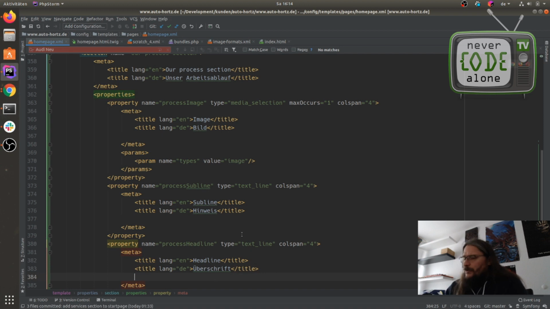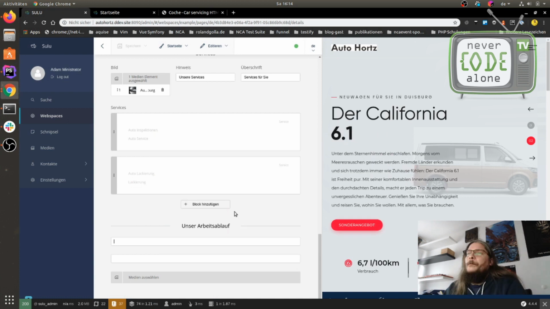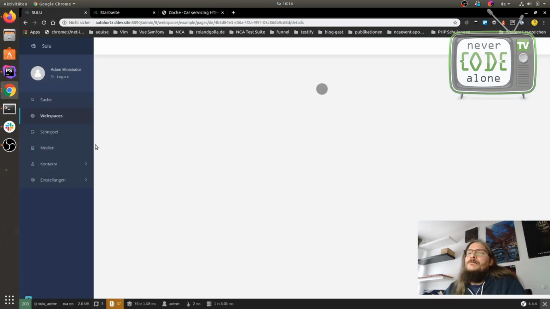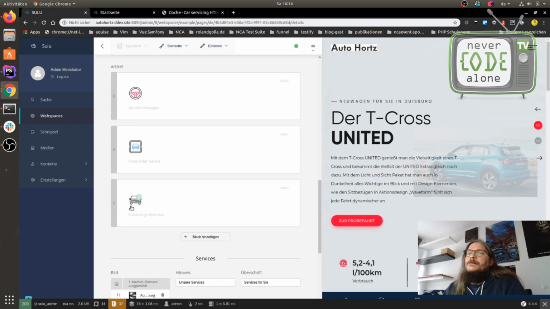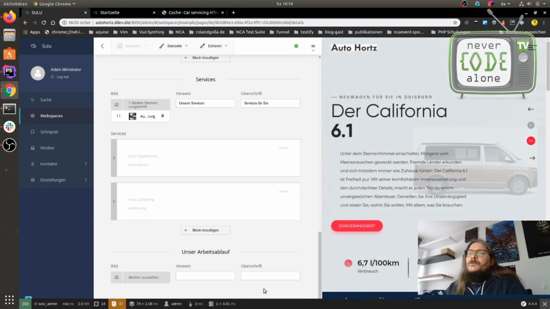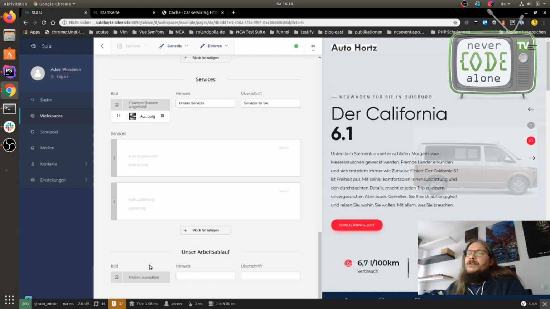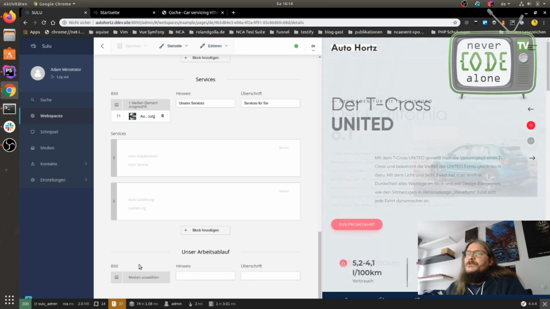Okay, so now I added the translation and aligned all the stuff here to one line. So for now it's in one line, and I can select an image.